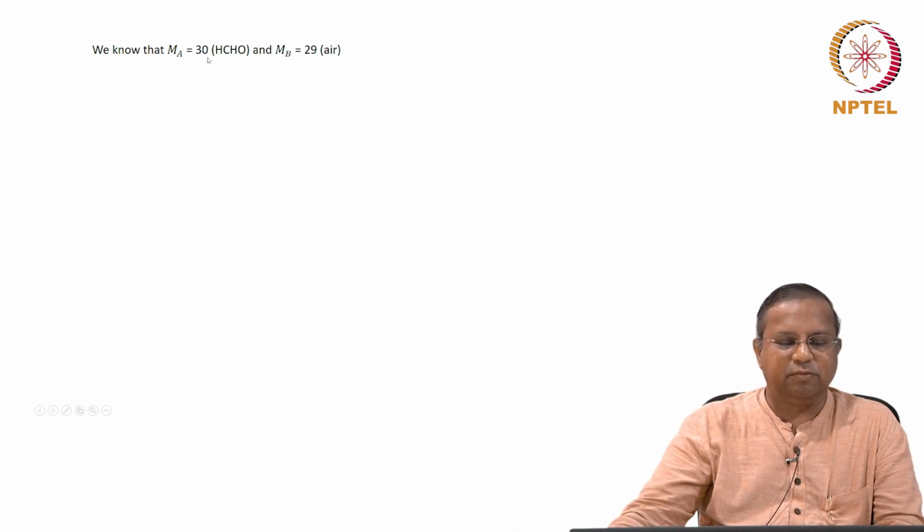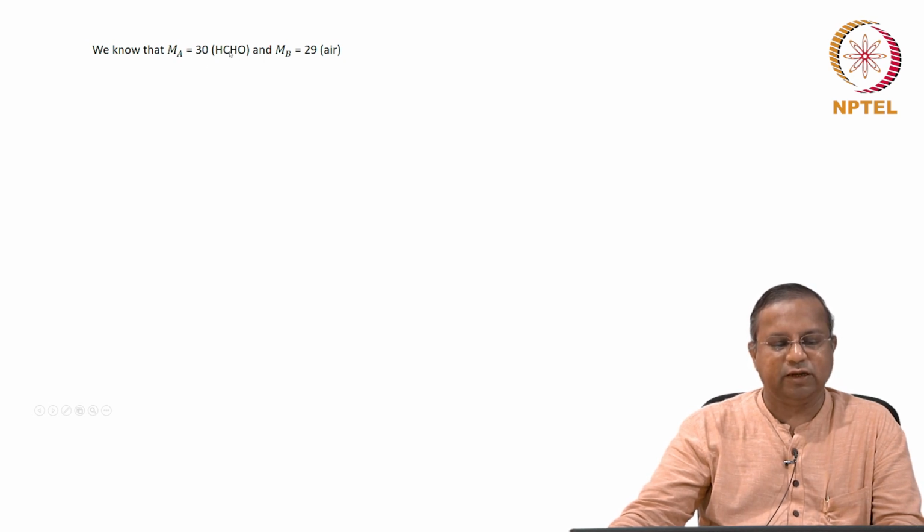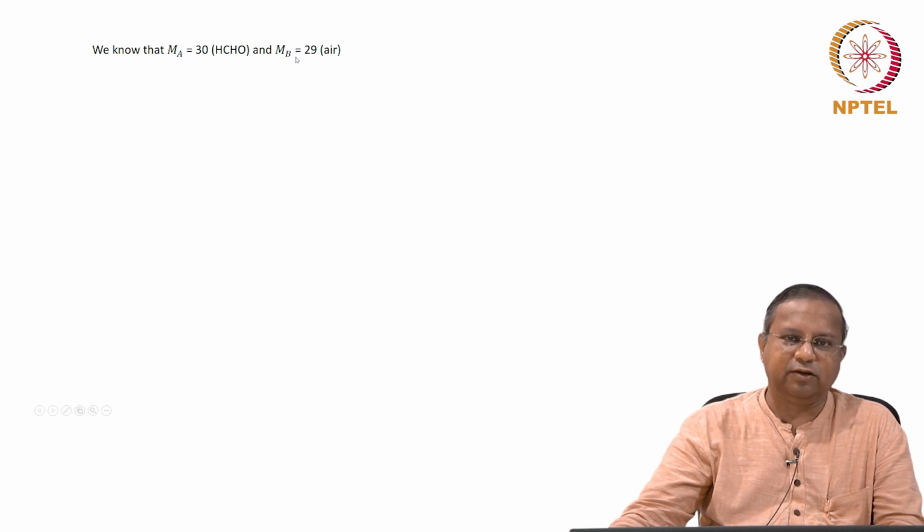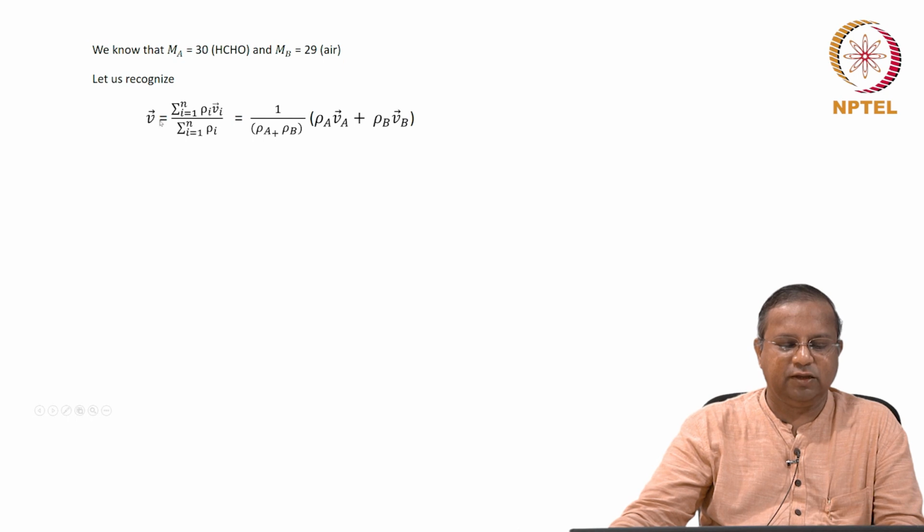We know that the molecular mass of formaldehyde, which is HCHO, as you know, is 30. You could take the atomic masses, get the molecular mass. And the molecular mass of air, if you take it predominantly as a mixture of oxygen and nitrogen, will turn out to be around 29. And therefore, V equals the mass average, which is 1 by rho_A plus rho_B, the mass densities, rho_A V_A plus rho_B V_B,